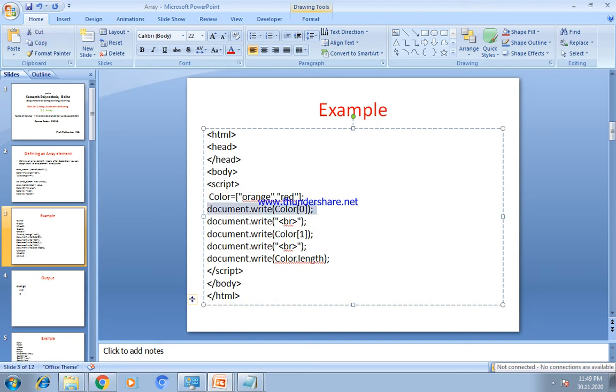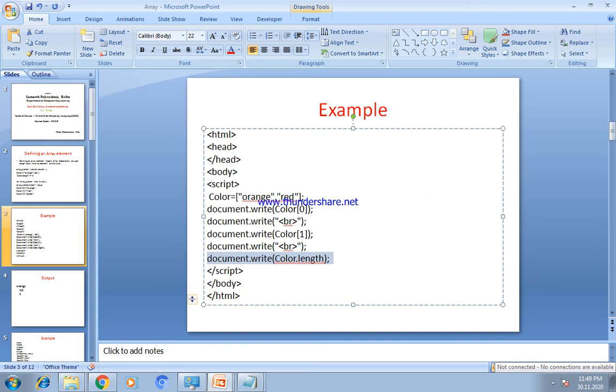If we print this value using the document.write method, color of 0, we get orange. After that we give the break tag so that control goes to the next line. Then color of 1 will print the value red. Then break, next line. Then color dot length will print the size, 2.